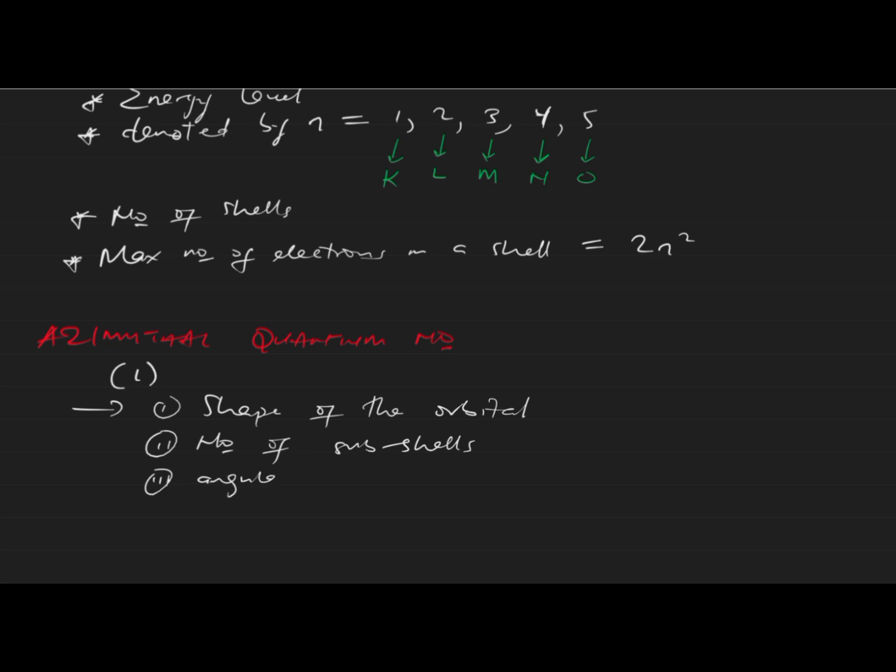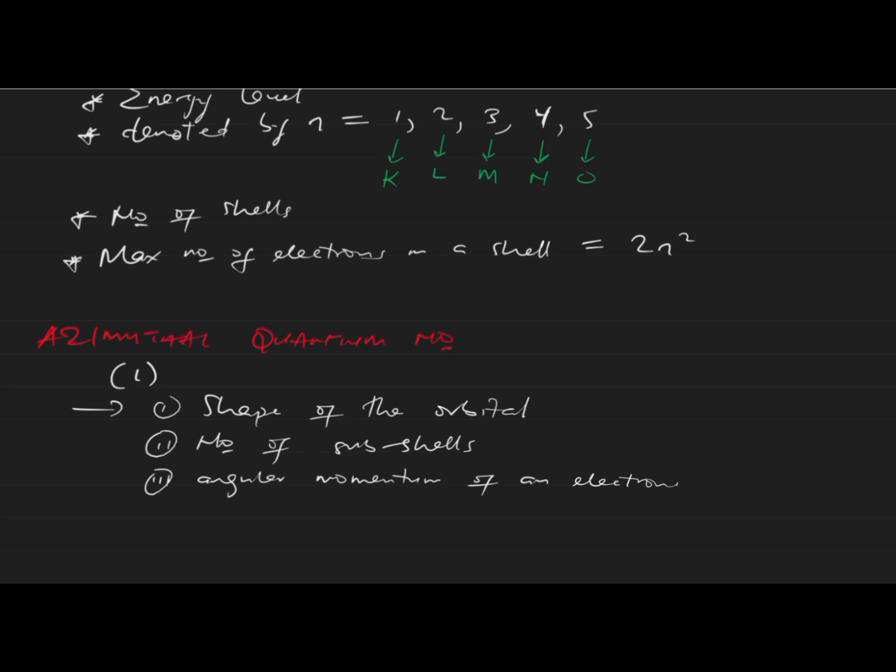The angular momentum of an electron. Now, what do we mean by angular momentum? Angular momentum, from the knowledge of classical physics, is simply, when we say momentum, of course, we understand that it's referring to the change in what? In speed. And then angular momentum now is the change in speed of the electrons, even as they move